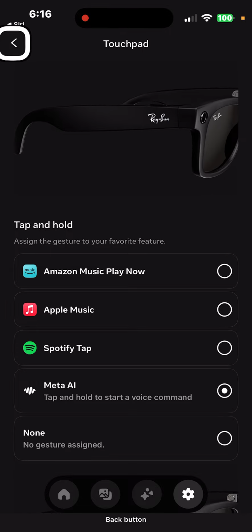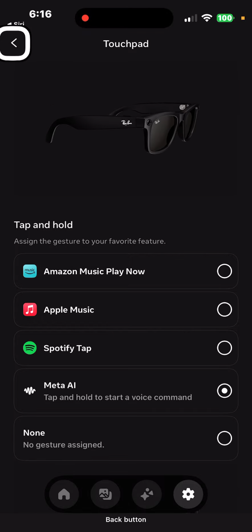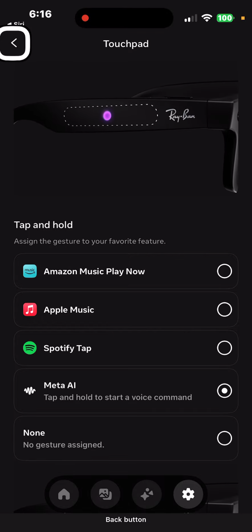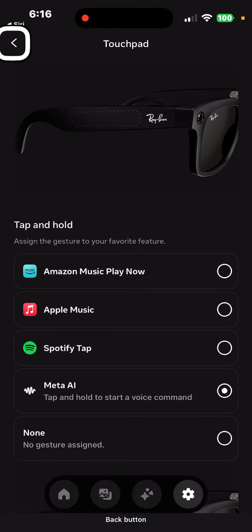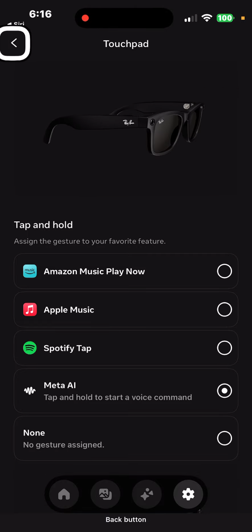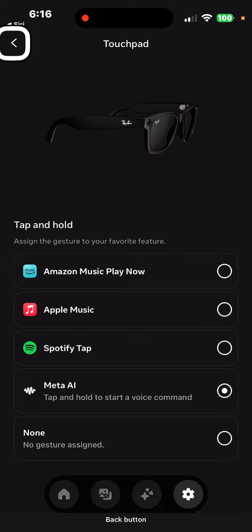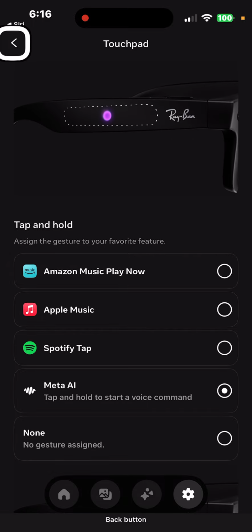So if you're using the Ray-Ban Meta Smart Glasses and you are a totally blind or visually impaired individual, I would highly recommend that you go in to this screen here in your settings and shake your phone to bring up the report a problem dialog box, and then go in there and make a report about